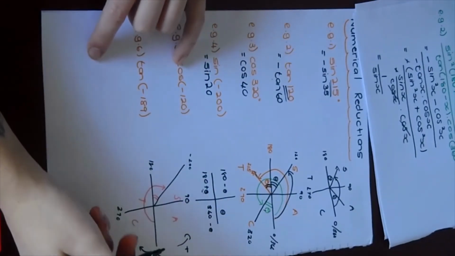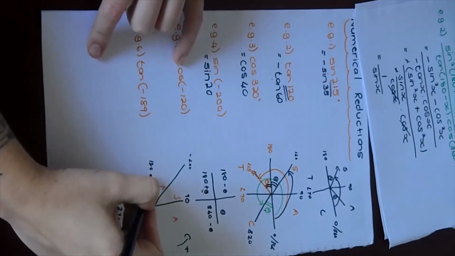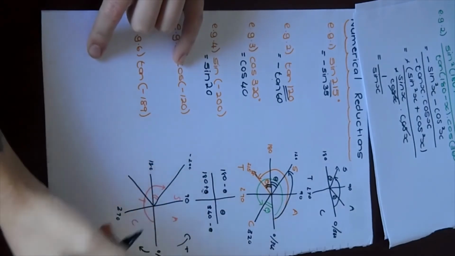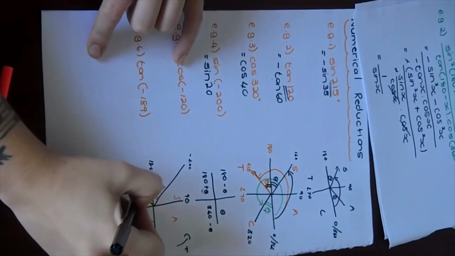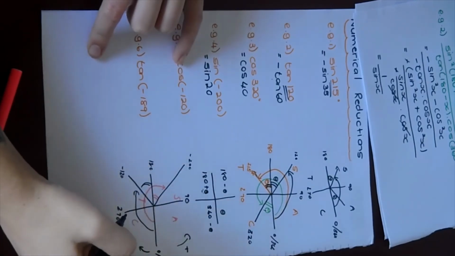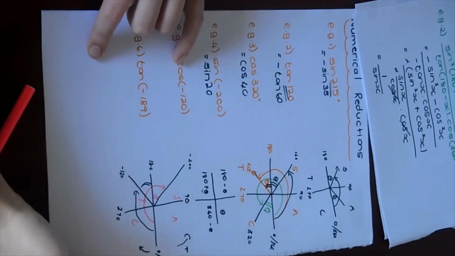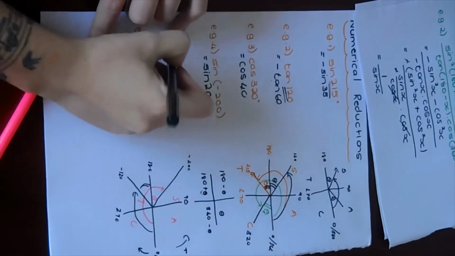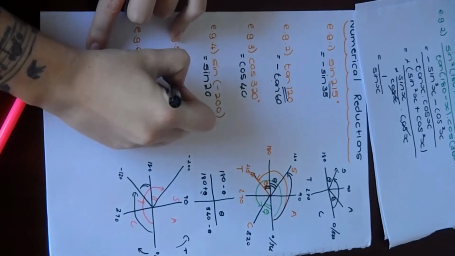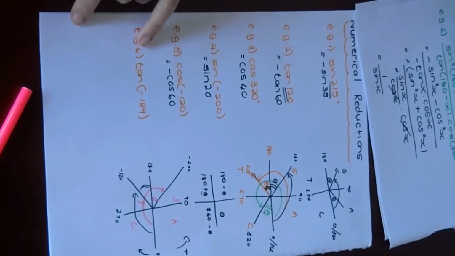Negative 120. Remember this takes me to negative 90. That takes me to negative 180. So negative 120 must be here somewhere. Okay, so this is your full angle, but you're looking at this one. So the difference between 120 and 180 is 60. You with me? Okay. And then also remember CAST, cos is negative, so this is negative cos of 60. Okay. Tan of negative